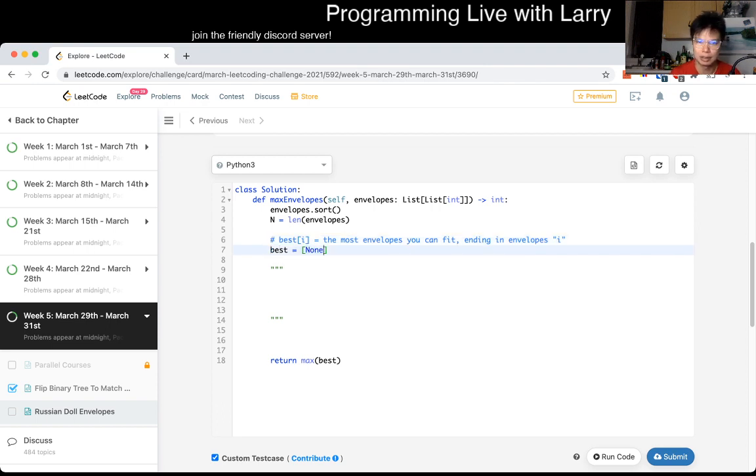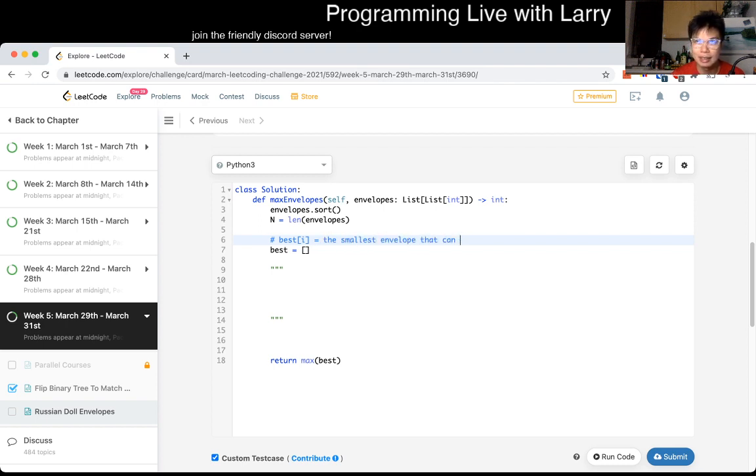I guess we could just do this. But now best actually stores a different thing, right? It will store the smallest envelope that